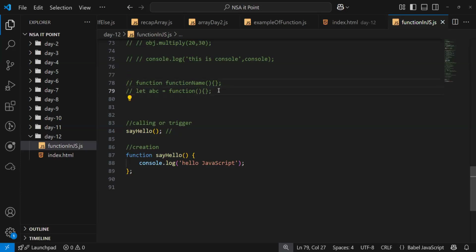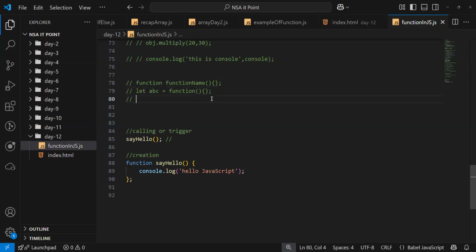Calling these functions uses the same method. We call using the function name or the variable name, ABC. But it's slightly different. The variable one is called an anonymous function. That's the definition. We don't use it much in industry. Is the spelling of anonymous correct?